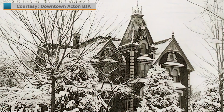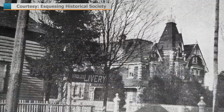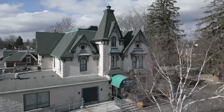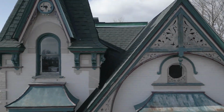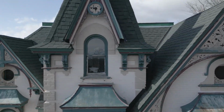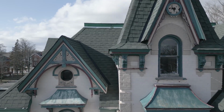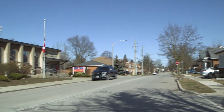The home, which went by the name Sunderland Villa, was built between 1879 and 80 to reflect the original owner's success in the glove-making business. William Heslop Story had it designed in the Queen Anne style, which includes an asymmetrical look due to the tower, different heights, small round windows, and the roof lines, which are dramatic and almost Gothic, as described by local historian Mark Rowe. The home was also positioned across the street from his venture, and he was able to use that